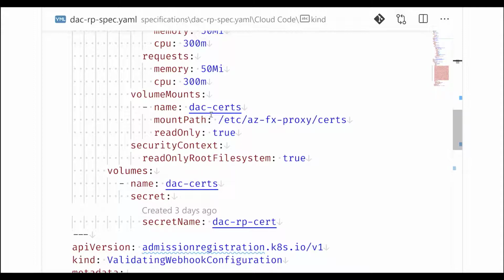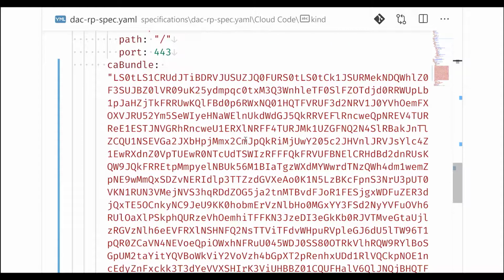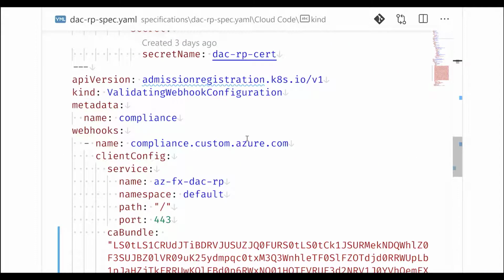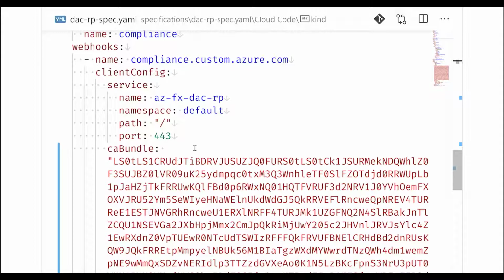Now comes the most critical part of this specification. This specification deploys our validating webhook to Kubernetes. In a nutshell, what this webhook configuration does is that it exposes our service as a validating webhook configuration, which is, the reverse proxy application is exposed as a service, is what I mean to say, at a certain path.